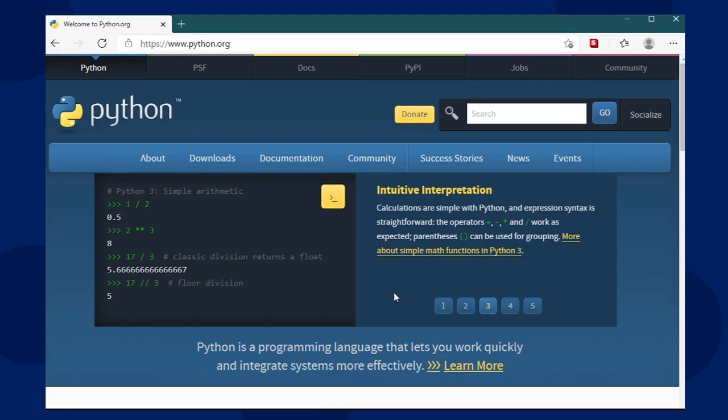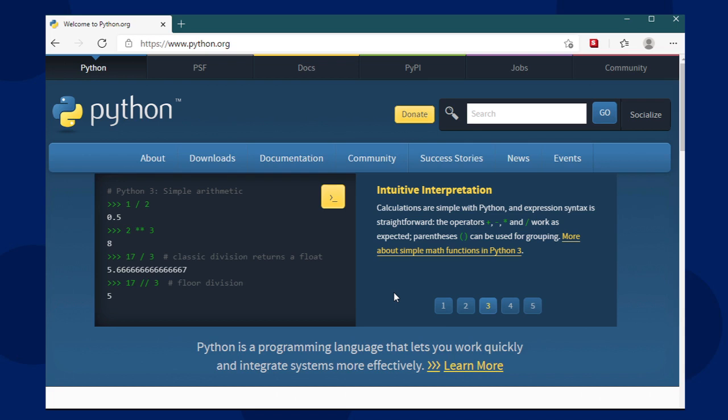Today we are going to perform the very first and crucial step before we begin our journey of learning Python, which is to set up our system for Python programming. In order to do that, we have to install the Python interpreter on our system, and the way we can do it is through the Python installer.